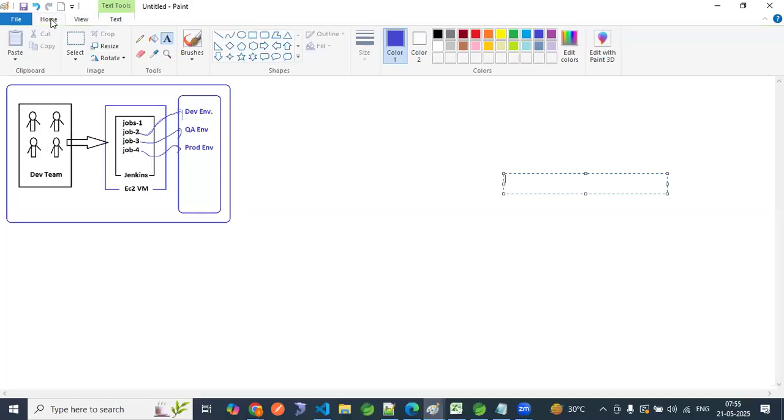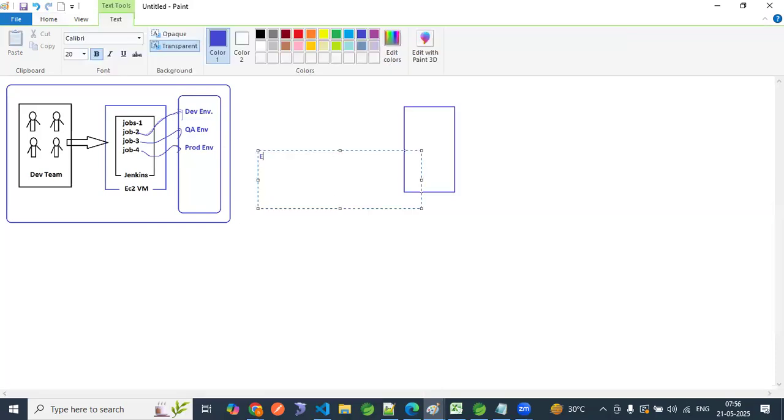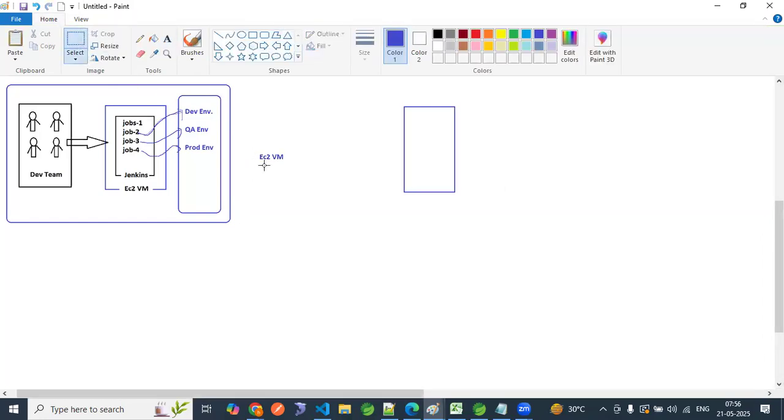Now we will change the configuration in such a way that this is our Jenkins, the same way. This is our EC2 machine, our EC2 virtual machine. From this EC2 virtual machine,